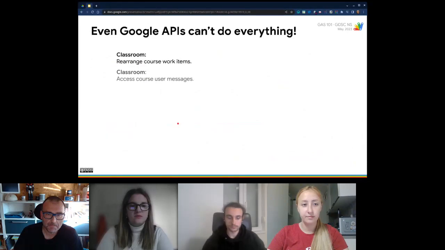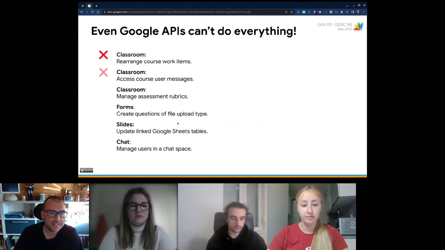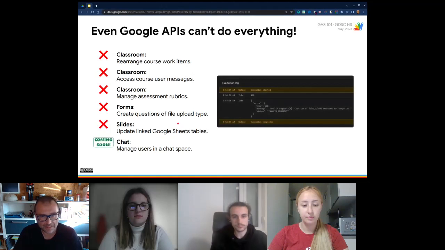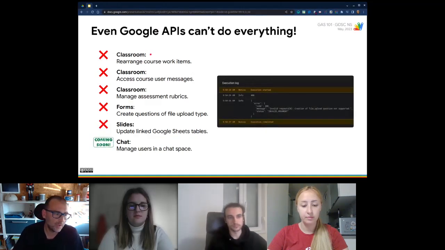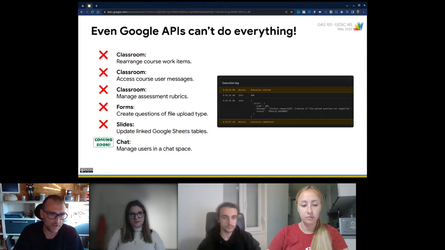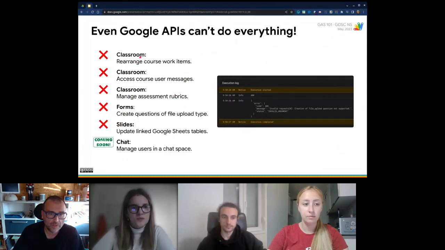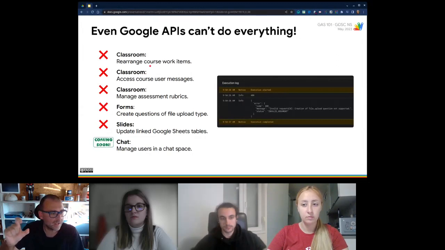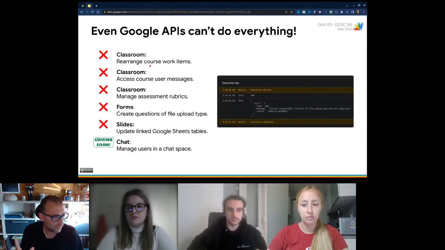Well, but even using the APIs, there are things that cannot be attained right now. For instance, do you know Google Classroom, the platform? Maybe you use it at university. There is no classroom standard service, there is only an advanced service, or even the API. With them, there is no way you can change the position of the coursework items, tasks, questions. Simply, it can't be done. How can you get to know that? You have to study the documentation. There is no other way.